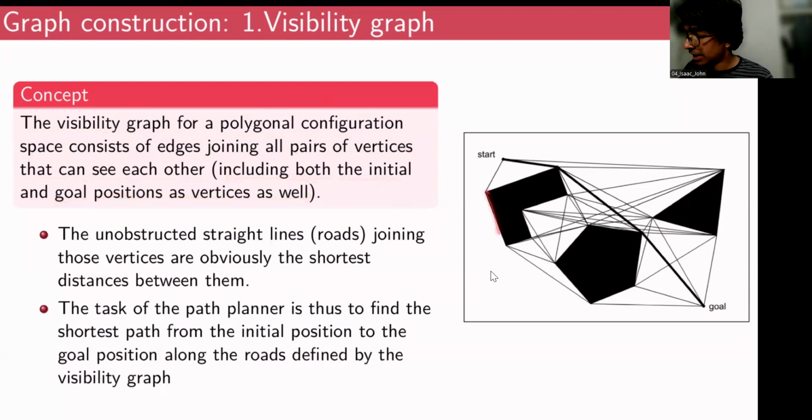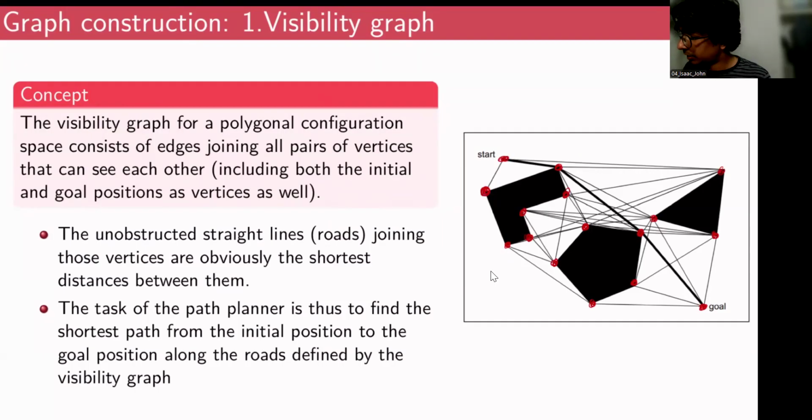So over here, what you see is actually a polygonal configuration space. All the obstacles are mapped as polygons. And as you can see, each of these nodes you could call vertices. This is one vertex. This is one vertex. This is one vertex. These are all vertices within this polygonal configuration space. So this is the first step. You first identify all the vertices within the configuration space, including the start and the goal position, right? And the next step is actually